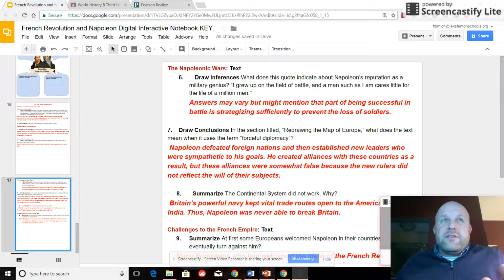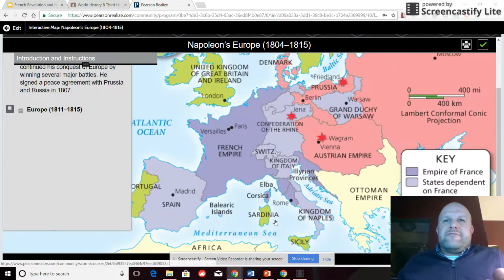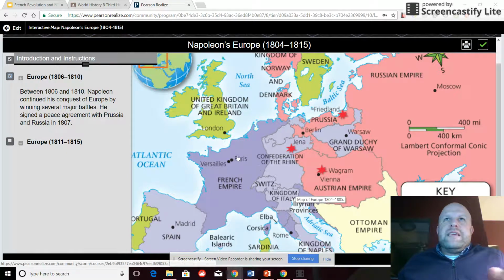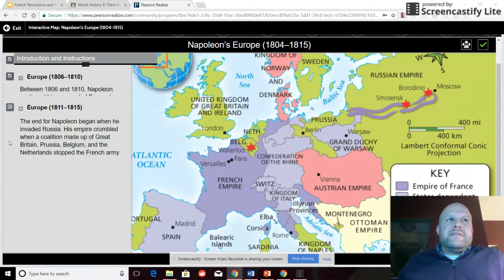as would often happen in Europe. So let's take a look at the map. You've got in purple here all these alliances, but they might not necessarily reflect the will of the people being ruled by those rulers. And the same thing with these states, of course, that are dependent on France. And so he has a huge domination by his peak, but eventually